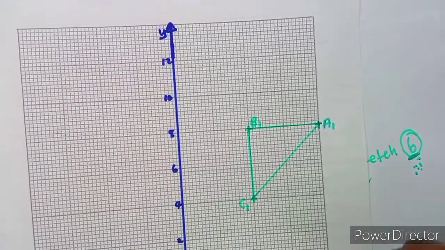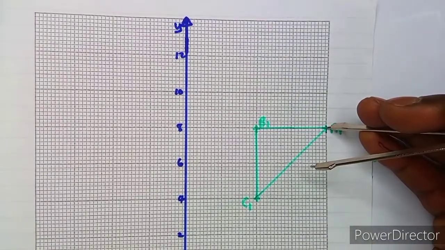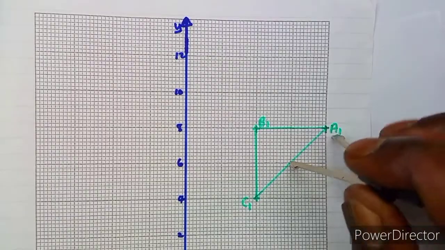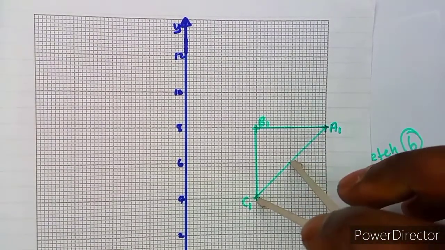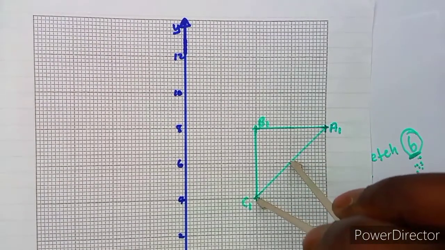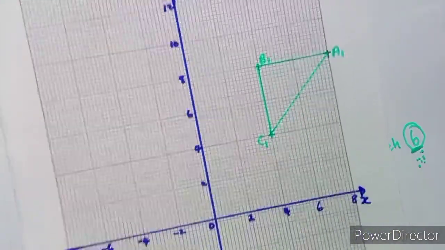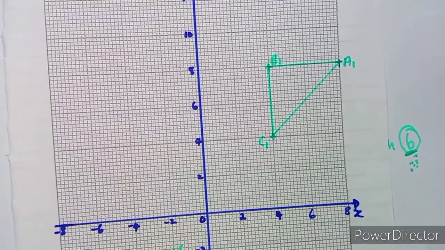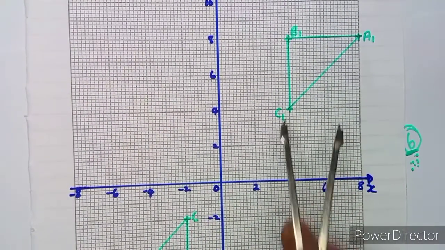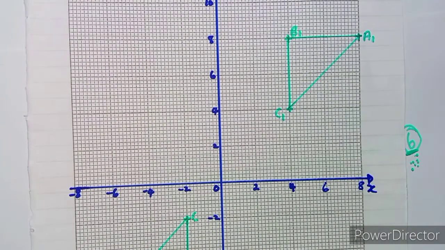I come here and step on A, to this point. This is my AC, which is 1. I move on again. This is complete 2 of them. They are complete 2 ACs here, in A1 C1. So that is to prove that this is enlargement, because this side has been increased by 2, that is proportionally